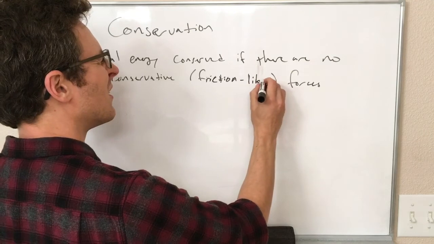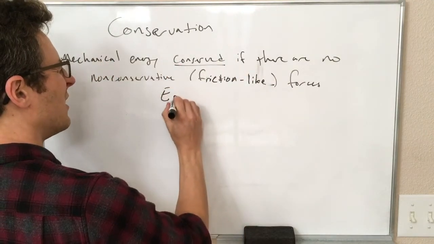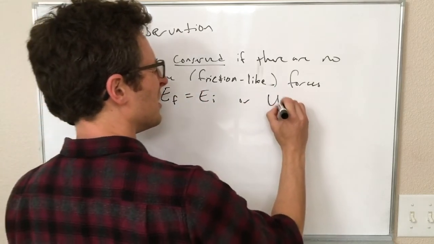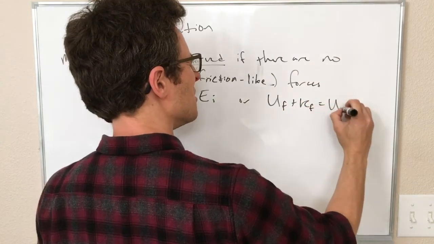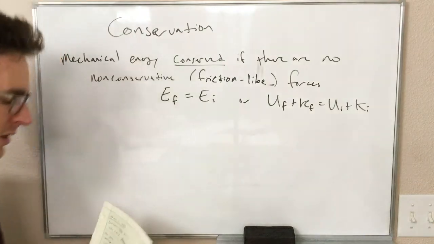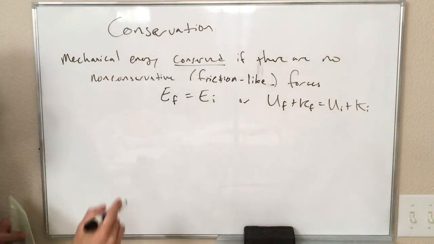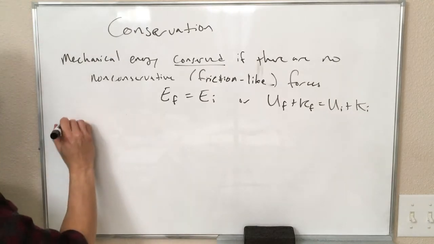Our equation for this conservation was that our final energy was equal to the initial energy, or really, U final plus K final was equal to U initial plus K initial, right? We can split up energy into potential and kinetic, but they have to add up to the same total. Okay, that's energy. For momentum,